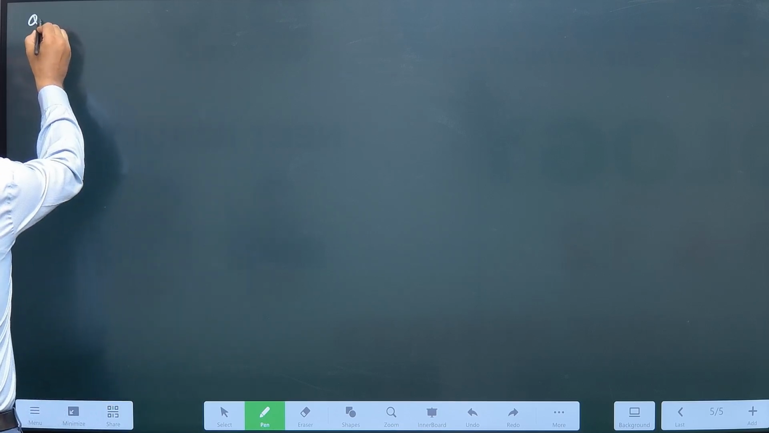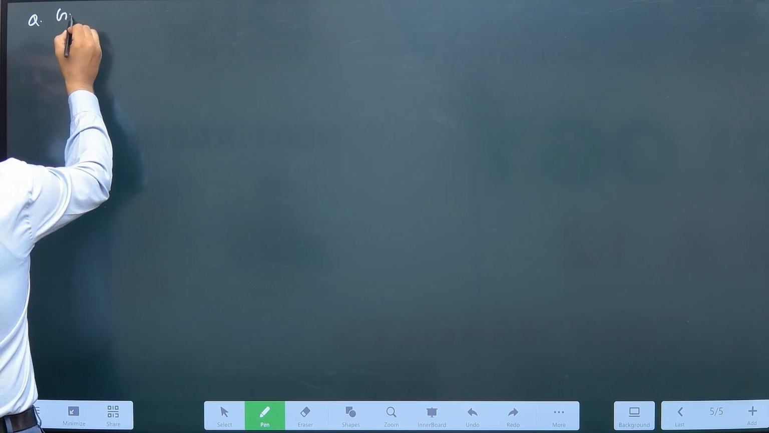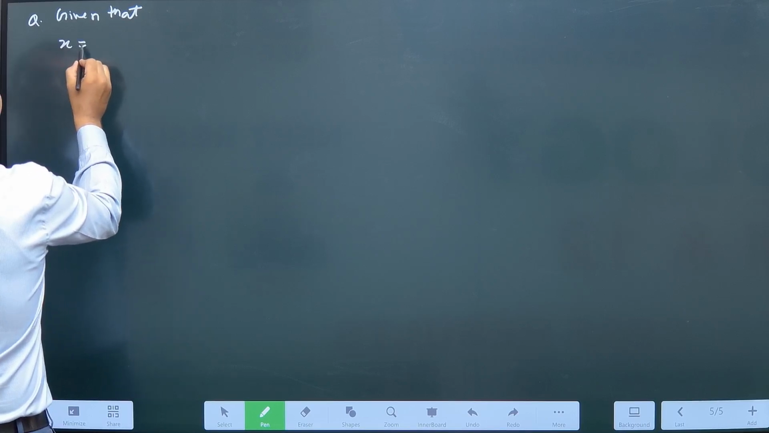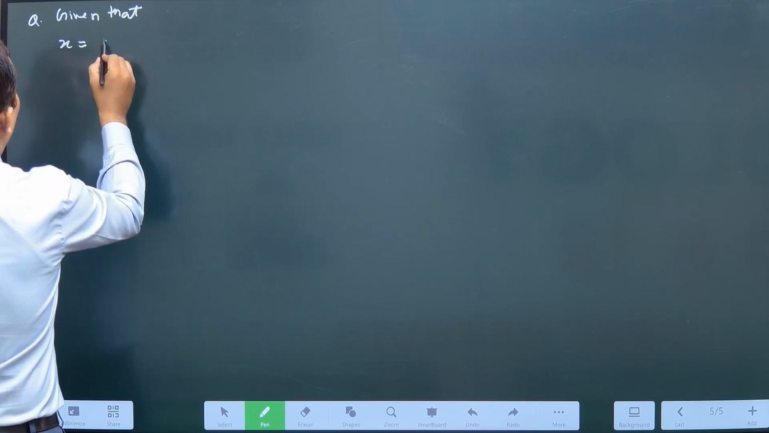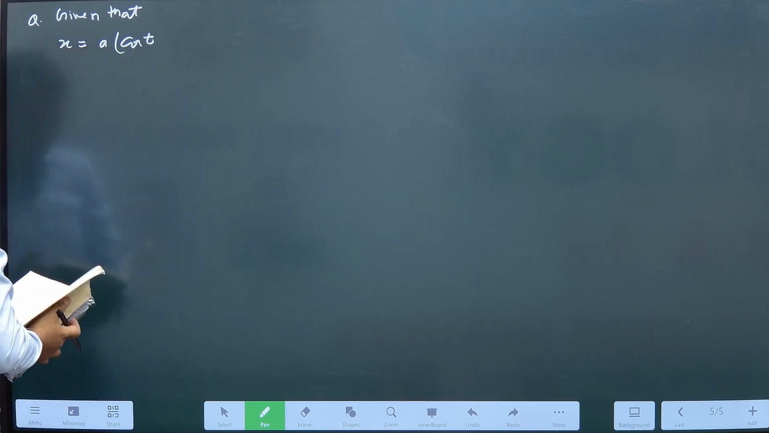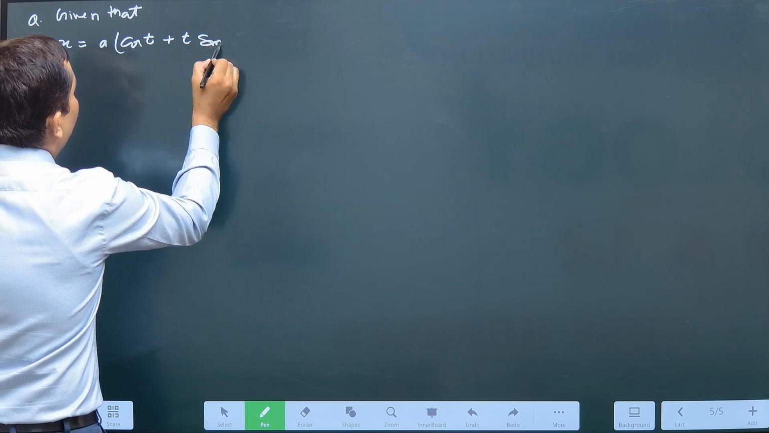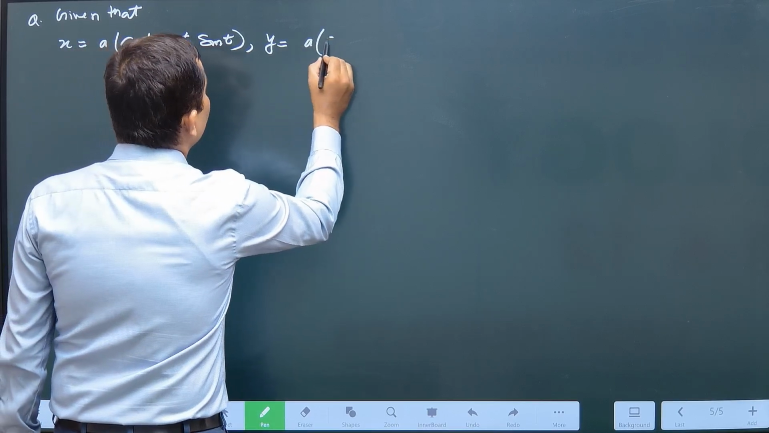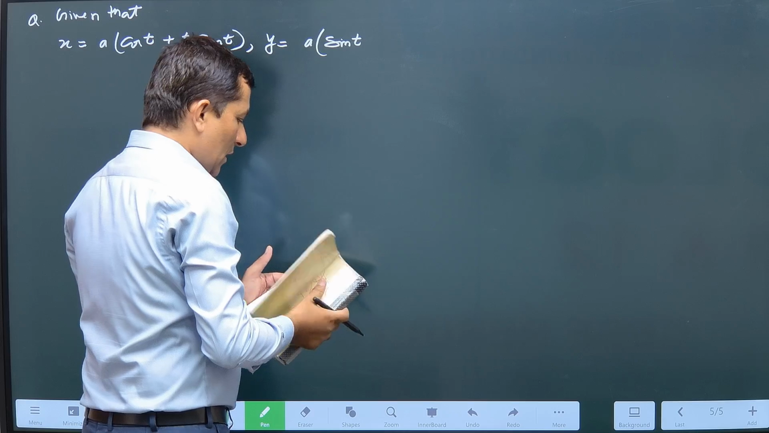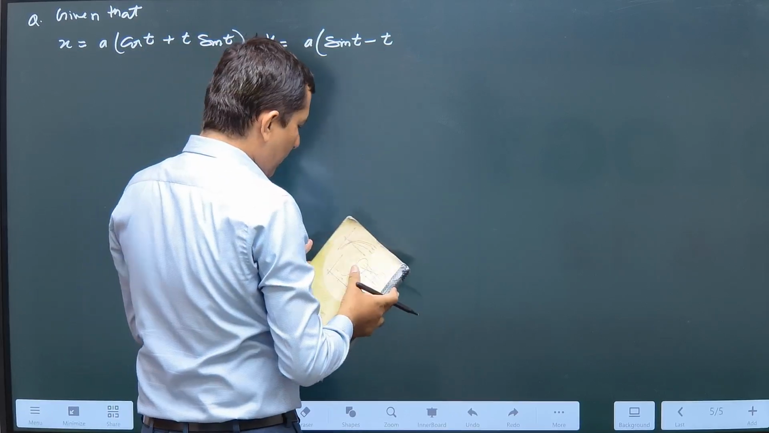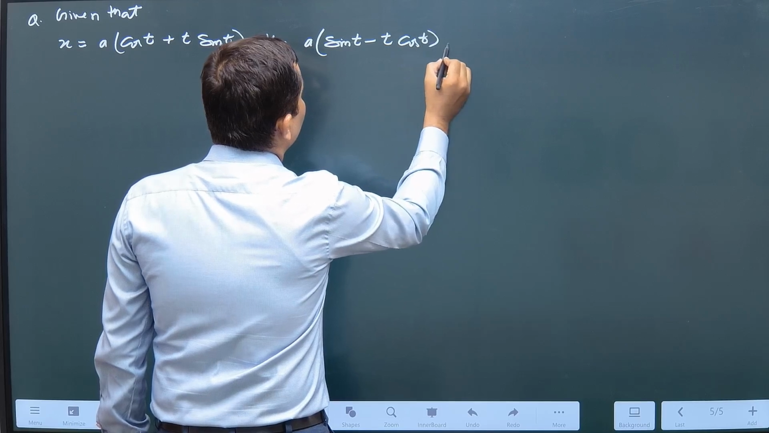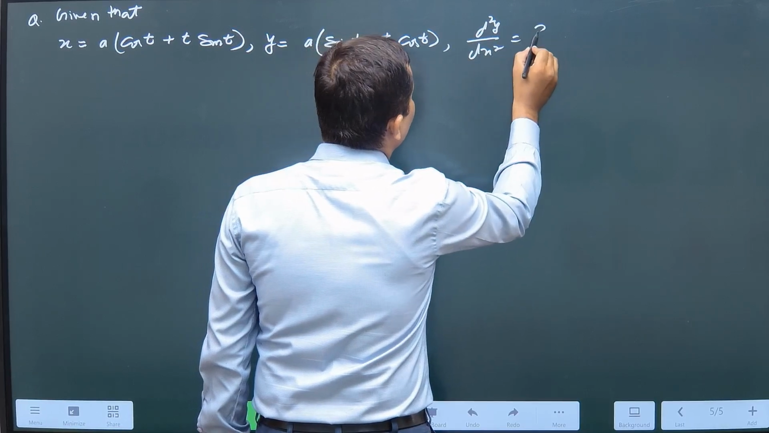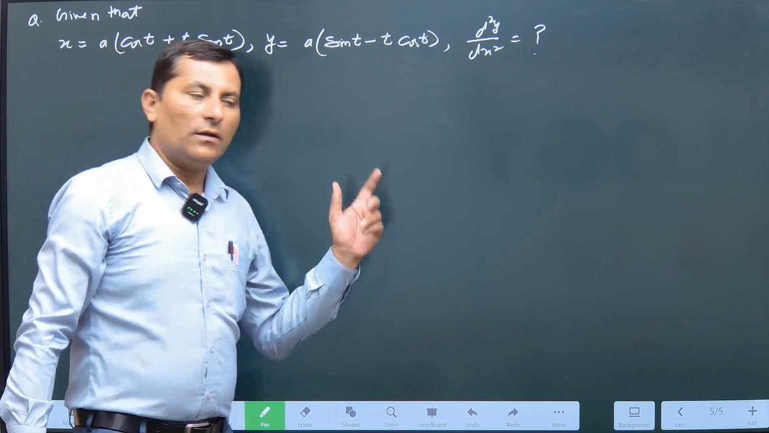Question: given that x is equal to a(cos t plus t sin t) and y is equal to a(sin t minus t cos t). फाइंड आउट d square y upon dx square, या टू फाइंड आउट इट।